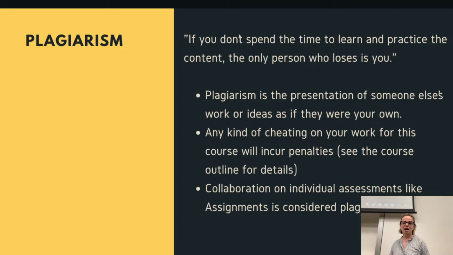Okay, so plagiarism, the bane of my existence. We check for plagiarism, and any kind of cheating is penalized. You might get a 0 for the assignment, depending on what's going on, and you might get worse. Plagiarism is also considered if you give your work to someone else to copy. Even though you've done your work, if you've given it to someone else to copy, you will get 0 as well, because you're not meant to be giving out your work for everyone to copy. You're allowed to discuss an assignment, in that you can discuss how you're solving it and how you're approaching it, but no code sharing, right?